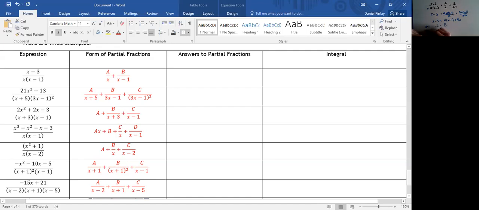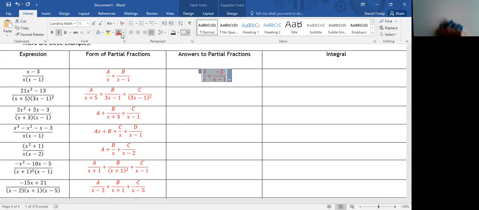And if I sub in x is 0, I get minus 3 equals, well, that's minus 1, so minus a. Therefore, a equals 3. So a is 3, b is minus 2. That bit I think you're happy with. The second one,